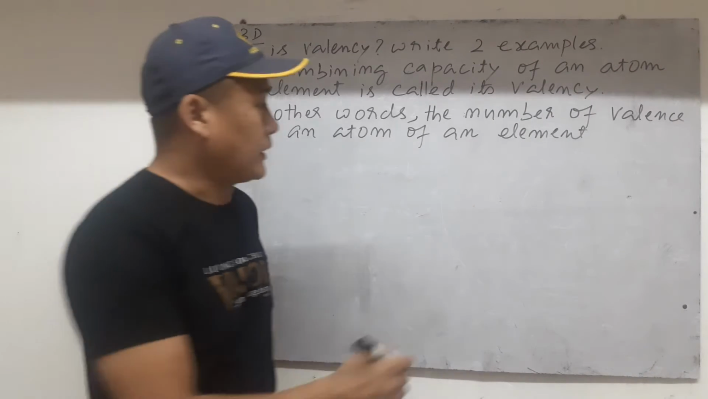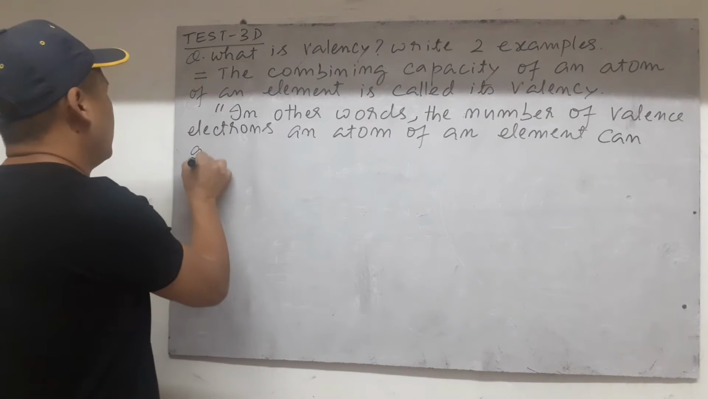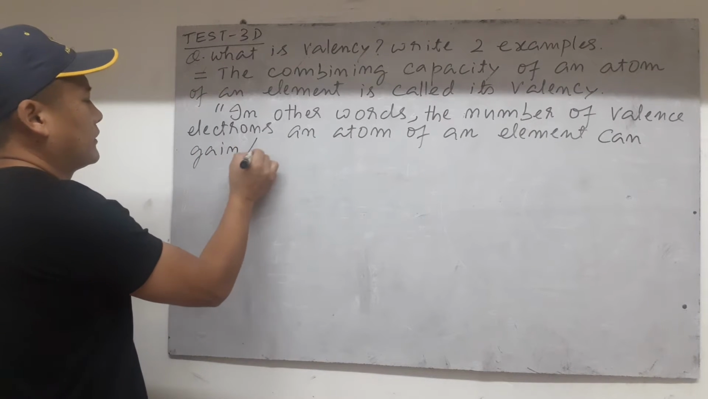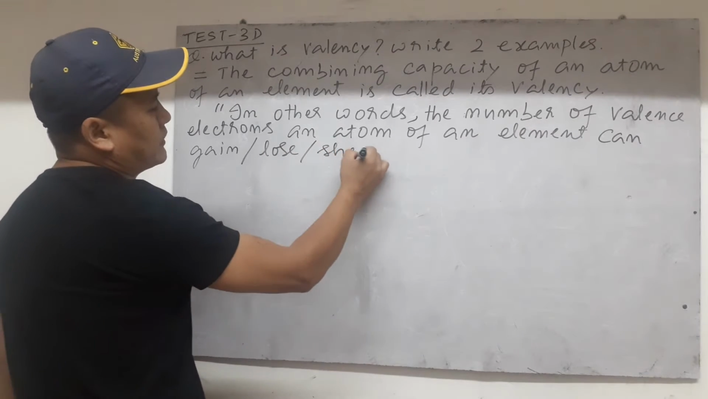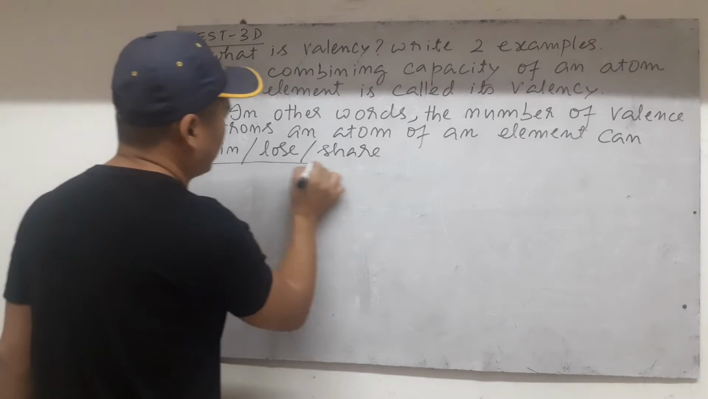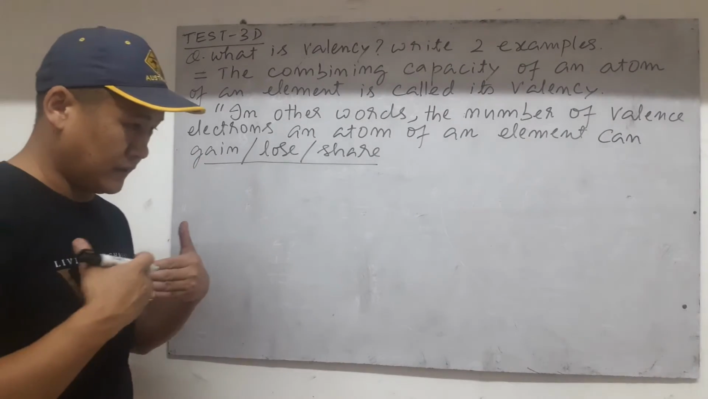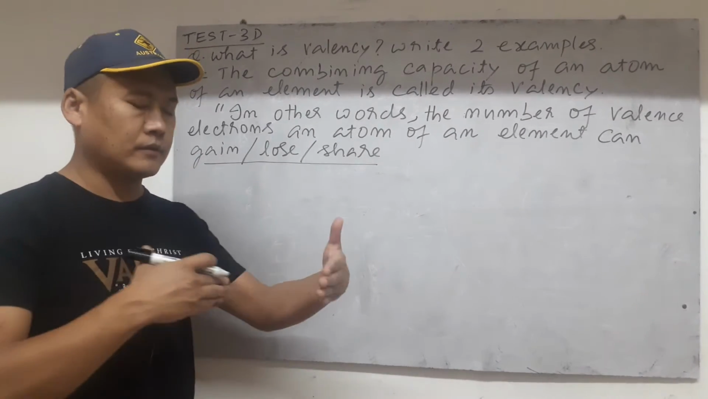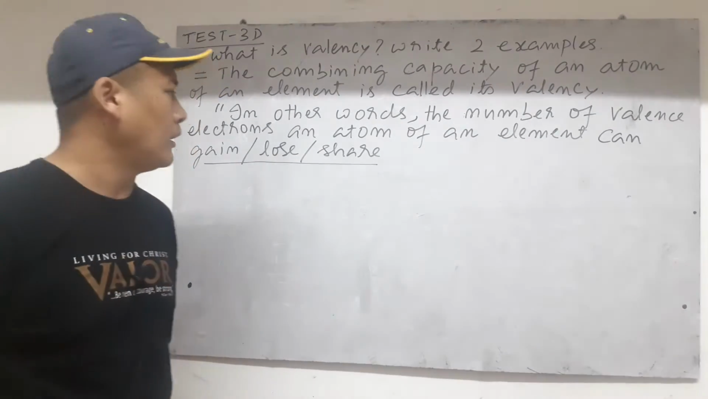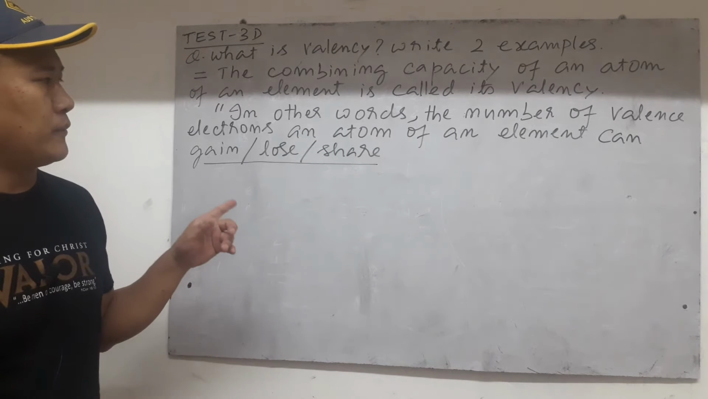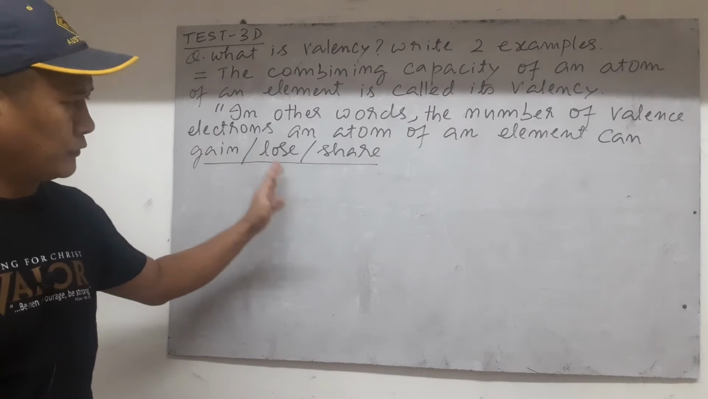can give, can gain, G-A-I-N, very key word, or lose, or share. These are the three keywords. The number of electrons that any atom can gain means get, lose means give away, share means not exactly take or give also, but sharing with some other atom. So in other words, the number of valence electrons that any atom can gain or lose or share,